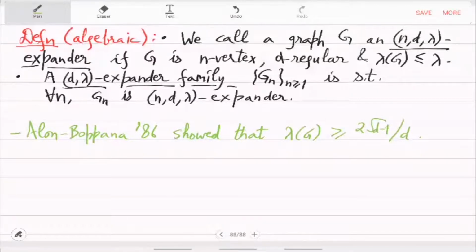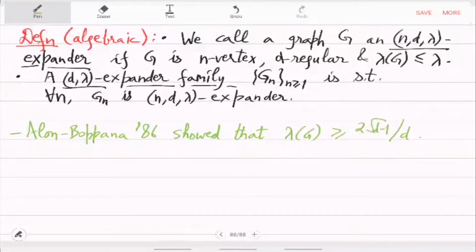So if you take d to be 3, then this is 2 square root 2 by 3. So yeah, you cannot make the second largest eigenvalue arbitrarily small. It will really depend on the degree d parameter, and this expression is a bit more non-trivial to show,